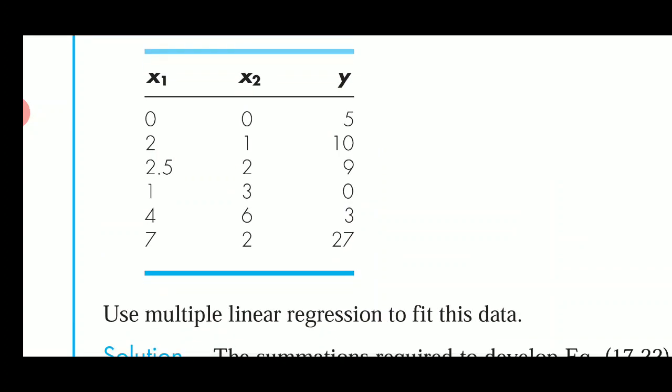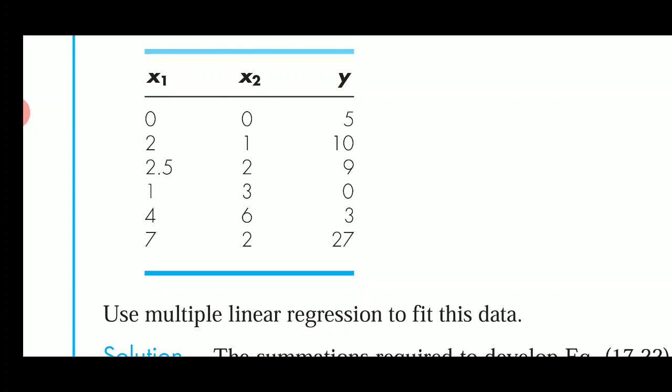So for example, let's take the second point here, where x1 is 2, x2 is 1 and y is 10, right? So let us say 10 is the value of a house in lakhs. So if I have 2000 square feet ground area and 1000 square feet built up area, I can say the house price is 10 lakhs. I'm just giving you a random example. So what if I have a ground area of 1000 square feet and a built up area of 500 square feet? What will be the cost of the house?